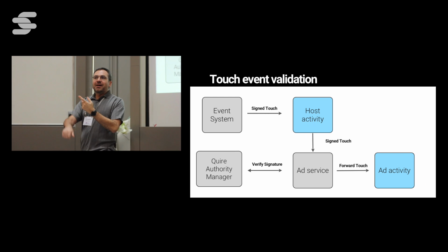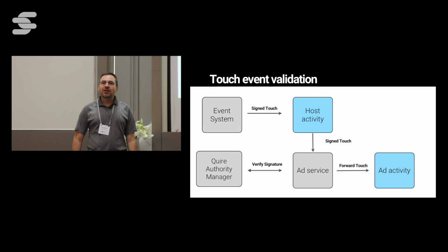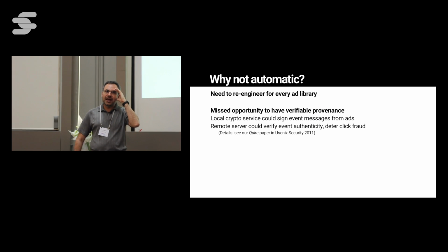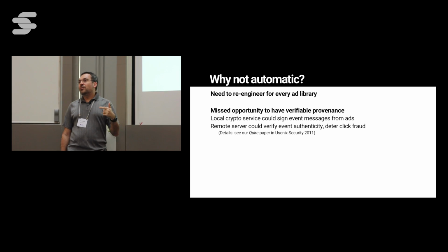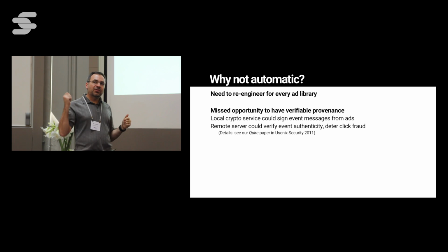And we're like, great, we built automatic separation, we built automatic wrapping, we're done, right? Well, AdMob is only one. How about the other 67 ad libraries? And we started thinking about this, and we're like, oh God, we have to re-engineer 67 ad libraries? That's terrible. And the other thing that we're missing is that we have this operating system service that can verify